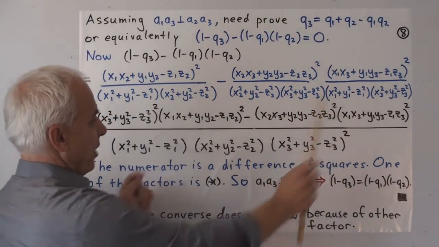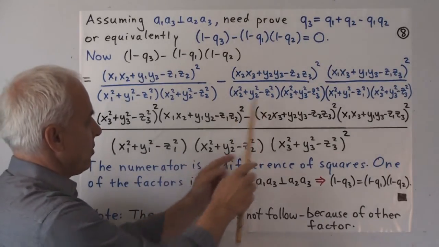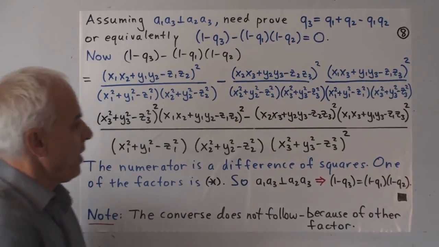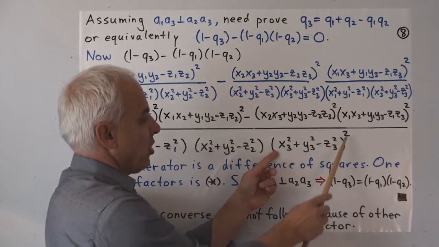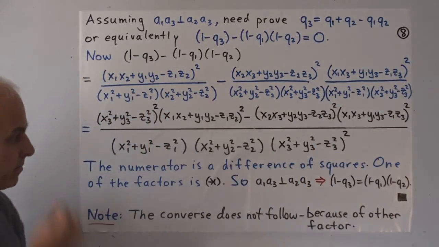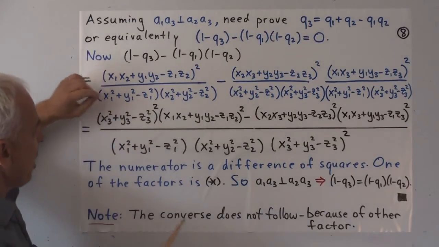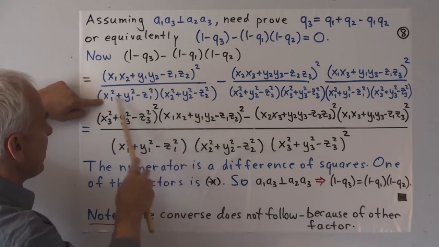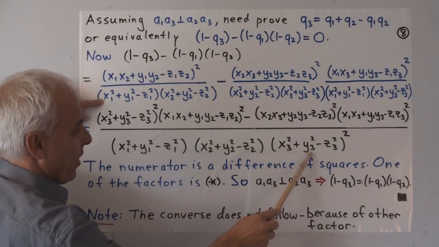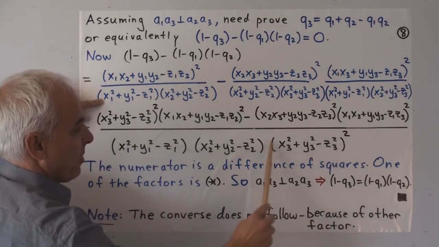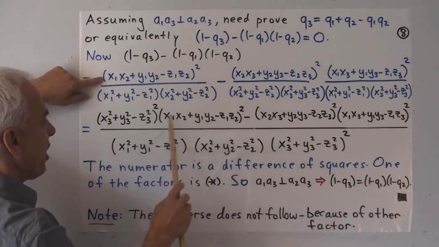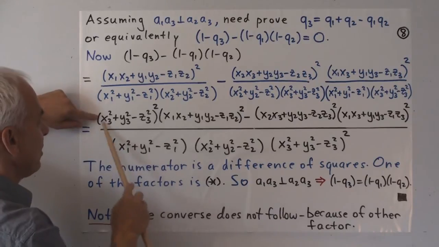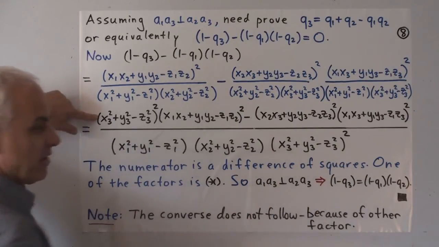So there's an x1 squared and so on there, an x2 squared and so on there, and the x3 squareds and so on occur twice. So there'll be that term squared as the common denominator. Okay, to get it over a common denominator, it means we have to multiply this thing here by the x3 squared plus y3 squared minus z3 squared, this term here, all squared. That's what we're going to do. So we're multiplying this numerator right here by that factor there that's appearing in the denominator here.